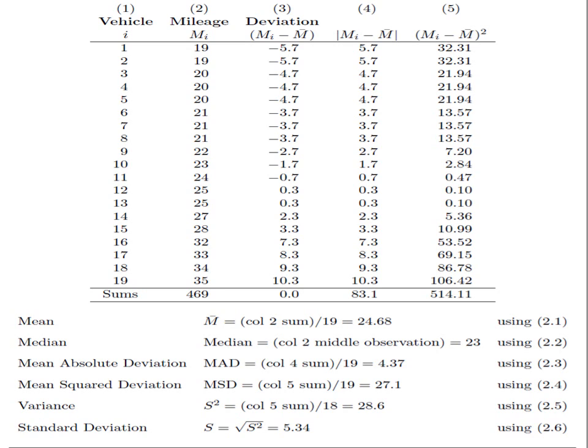Mean square deviation is column 5, which is the square of the deviation